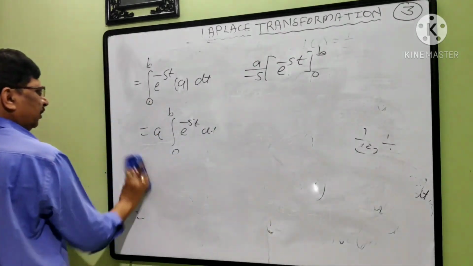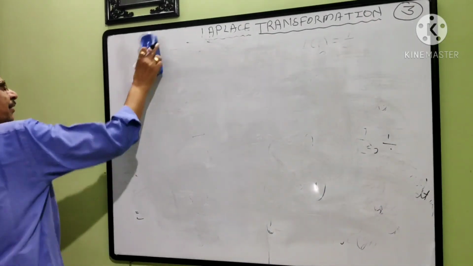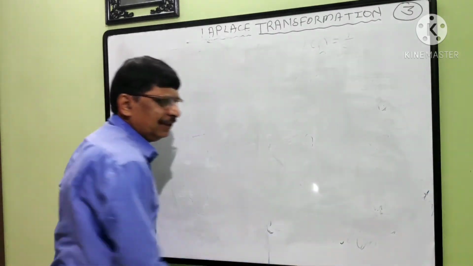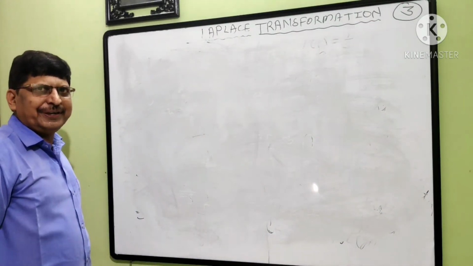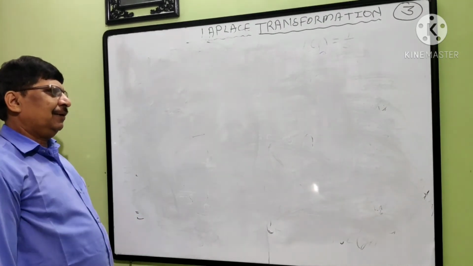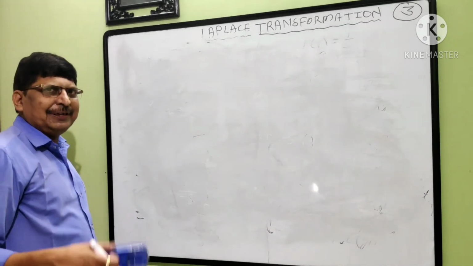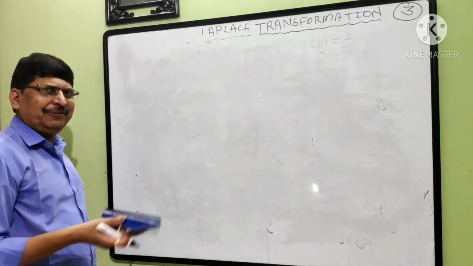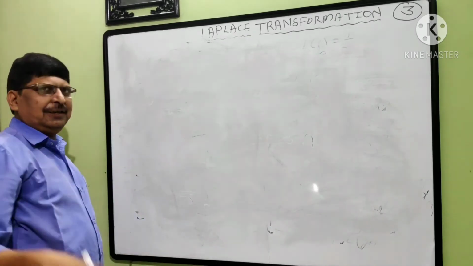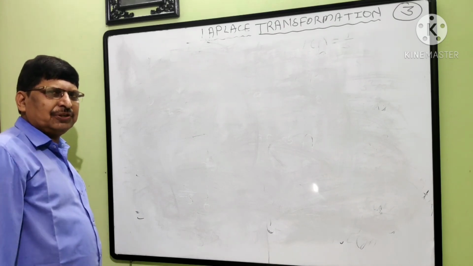That is the answer. Now there are many theorems. One important theorem is the shifting theorem, which I will take in the next video. With the help of this definition and these formulae, we can solve some simple problems. Also there are some rules. I will take them one by one, and it is a very simple topic. Just keep in mind these 6 formulas, then take theorems one by one, and from that you can find the Laplace transformation of any function.